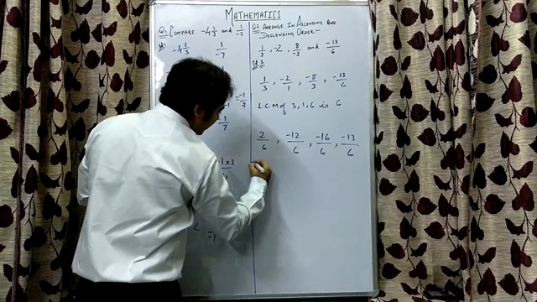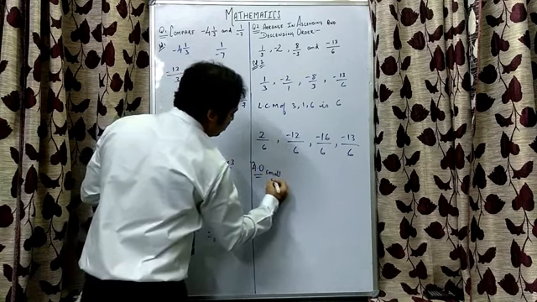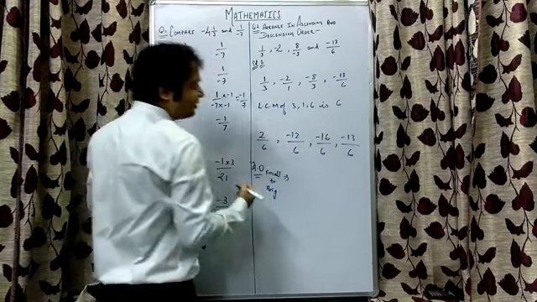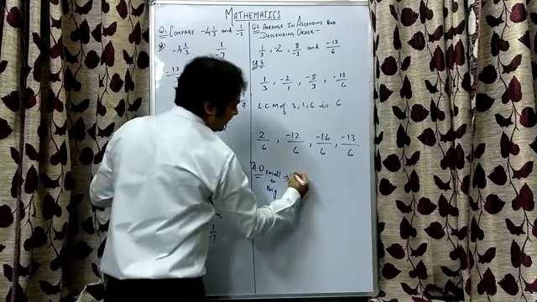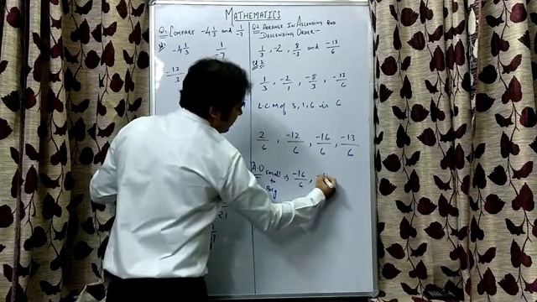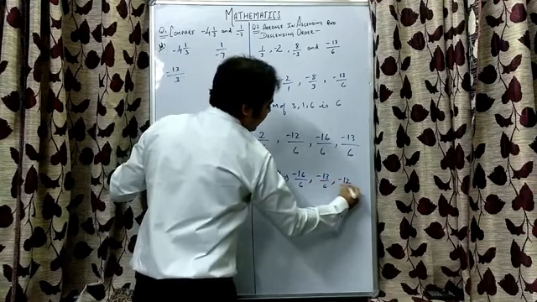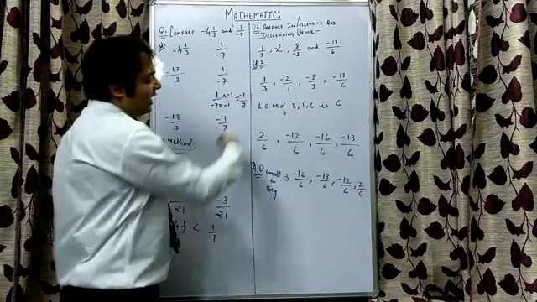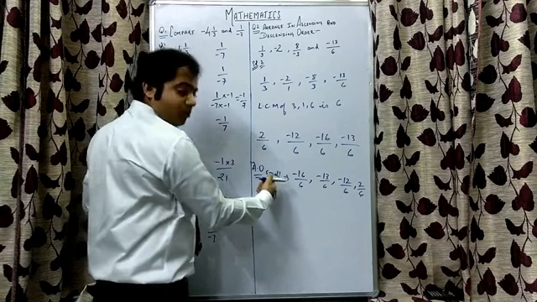First we need to arrange them in ascending order, that is small to big. In negative, what happens, children, is that the bigger the number, the smaller it is. So minus 16 will be the smallest. Minus 16 by 6, followed by minus 13 by 6, followed by minus 12 by 6, then comes 2 by 6. I have arranged the given rational numbers in ascending order, but our answer should be in terms of the given question.